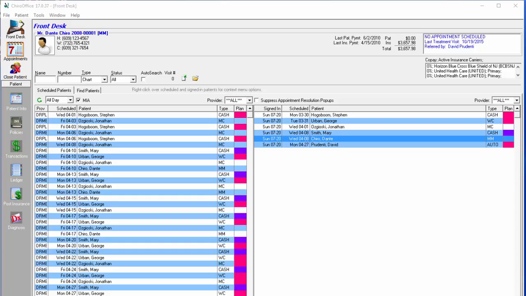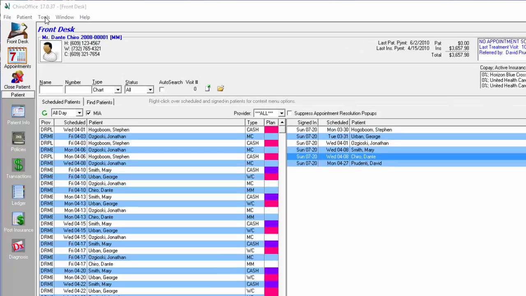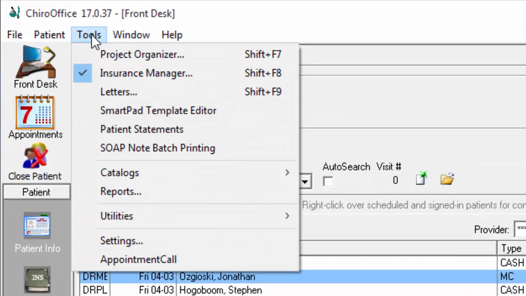In this video, we are going to discuss how to do insurance billing. The assumption here is that you have already entered the patient in the system, that you have entered insurance policy information in the patient's file, and that you have completed all the other information that is necessary so that the billing can be completed. The first step that you need to take is go to Tools and then click on